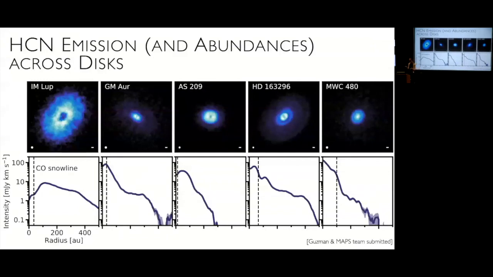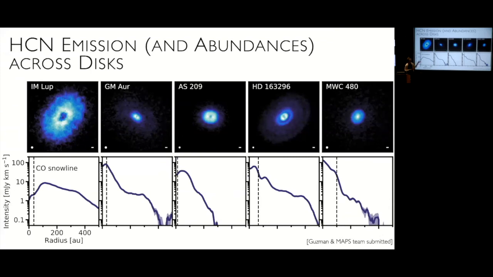So I already showed you this. This is one of the hydrogen cyanide lines that we have in our sample towards the 5 disks. Last time I showed this, I focused on the fact that we actually see quite a lot of diversity between the disks in terms of the structure. Also, if you look at the intensity, this is a logarithmic scale. It does vary by a couple of orders of magnitude across the disks. But if we normalize this with how much water we think is in each of these disks, and this comes from theoretical considerations,